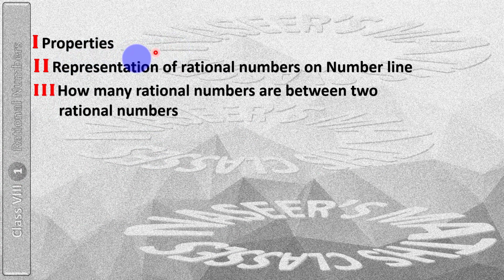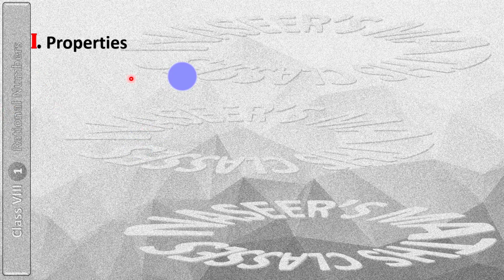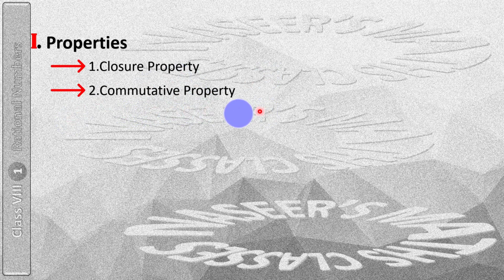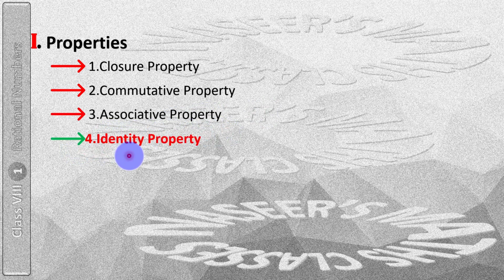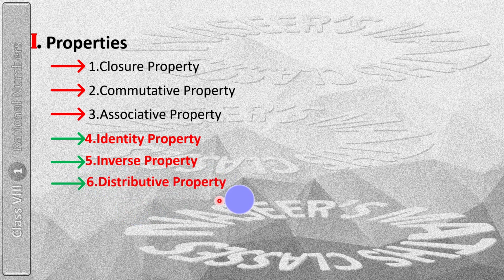First one is properties, the second one is representation of rational numbers on number line, and the third one is how many rational numbers are between two rational numbers. So first we discuss properties, what we are going to learn in this chapter. First one is closure property, second one is commutative property, third one is associative property,